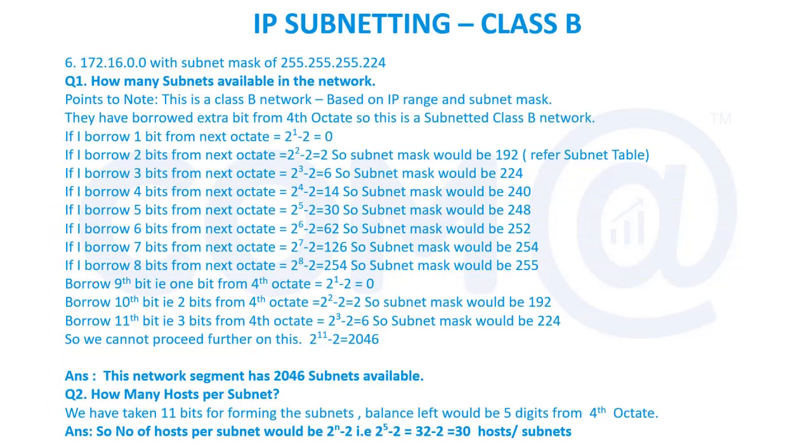Now I'm going one step ahead. So 172.16, same IP address, but here it is 224. So I exhausted after borrowing 8 bits from the third portion of class B, and now I started pulling the bits from the fourth segment for class B. So the 8 bits are over. Now we have to borrow from the fourth octet to the network portion. So again, just calculate it, 224.